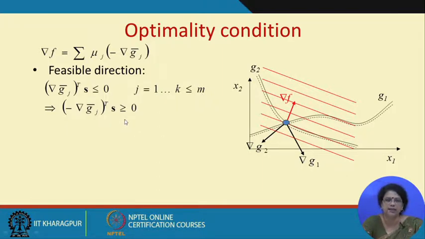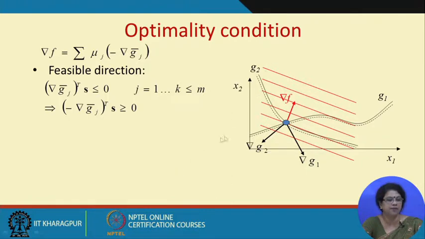We are only concerned about the active constraints, we are not really concerned about the inactive constraints. That is why we have clubbed all k active constraints here, and instead of Gi, we are writing Gi bar, okay. That is why minus Gi bar dot S greater than 0, for every constraint we can make one half space